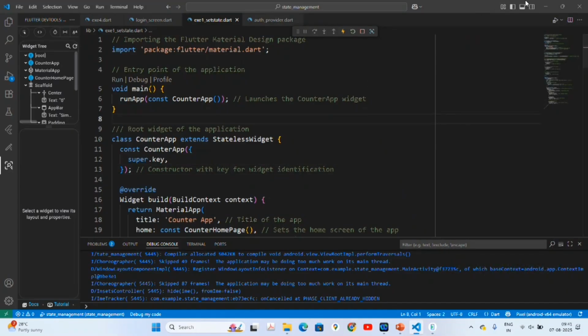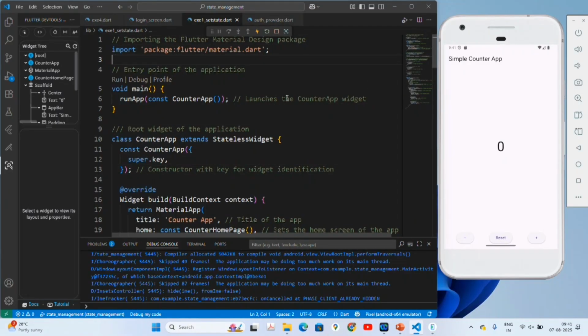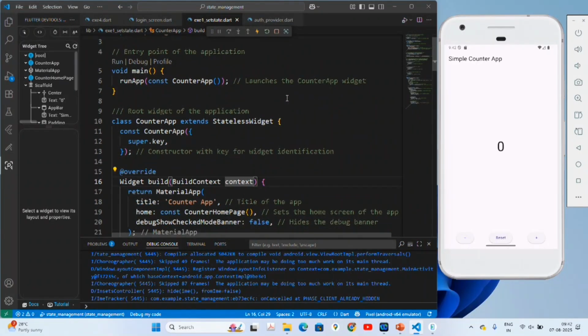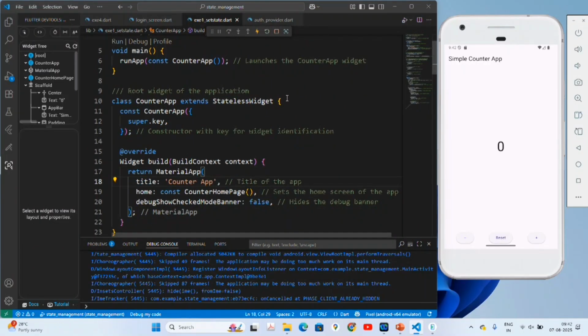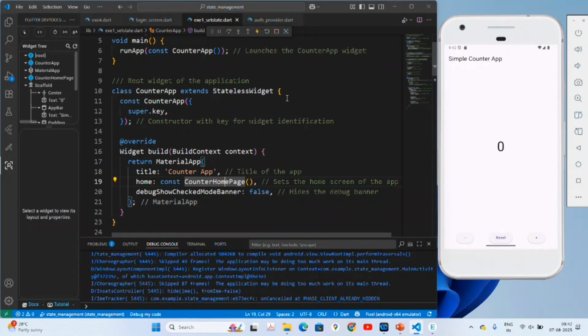Here you can see this is an import statement as usual for importing the Flutter material design package. Now here I wrote the void main function which is the entry point for our application and inside runApp I have provided CounterApp. So it launches the CounterApp widget, right? Now CounterApp extends StatelessWidget and this is my constructor and inside that I have written the build method which returns MaterialApp and our title is Counter App and inside home I have set CounterHomePage which is